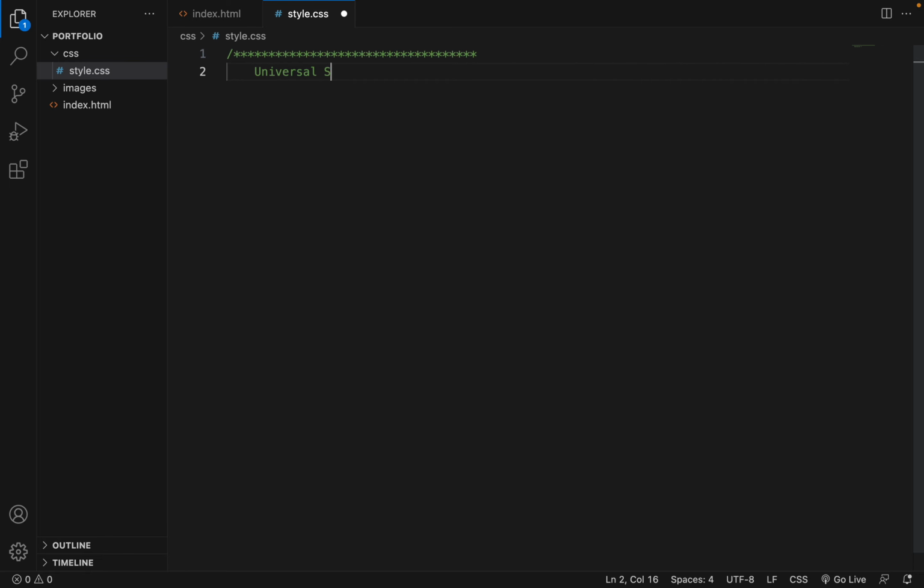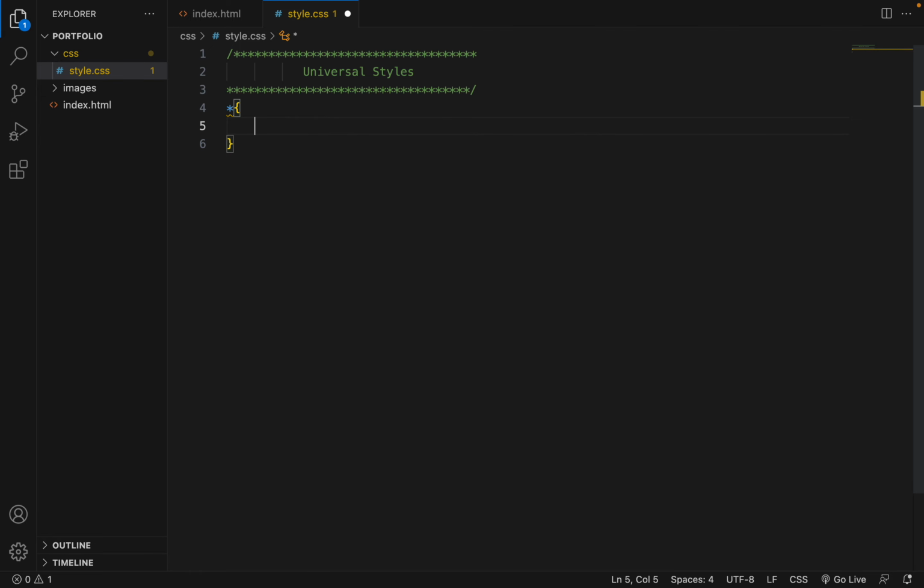Universal styles. Good. This is how to make styles in your CSS. Okay, and to target your whole website you use that asterisk right there, curly braces, and so now